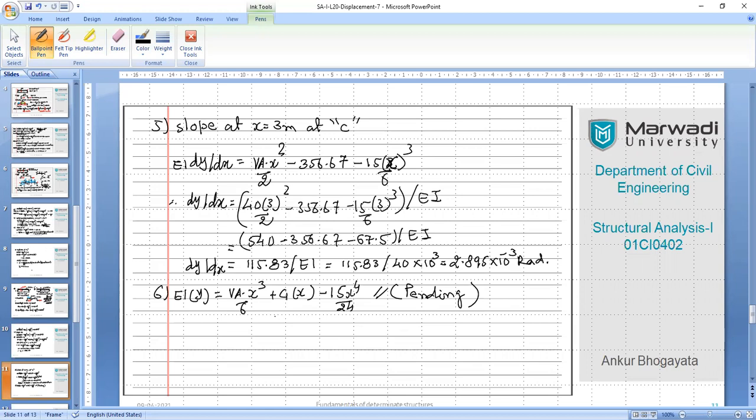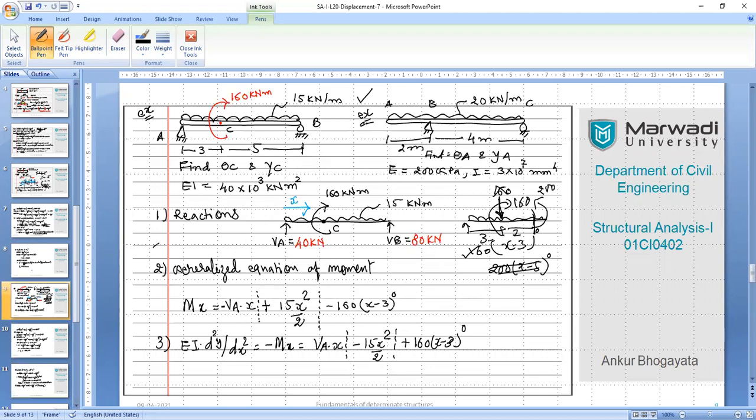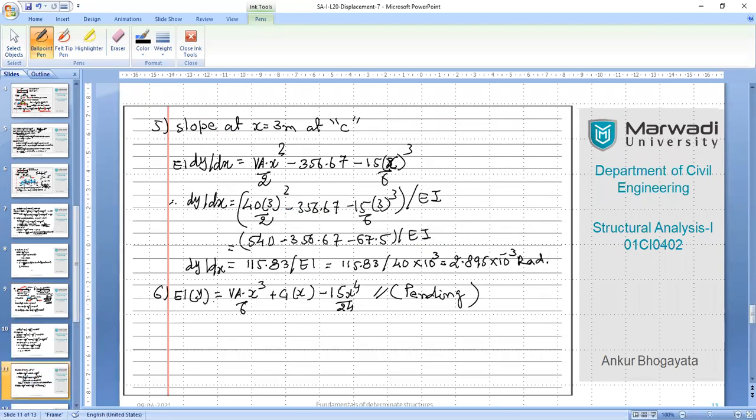So today we did numericals based on the Macaulay's method, and we went through a very important turning point: how to express moment in form of x minus 3 format, right? How to handle it. That was the intention of sharing this numerical with you. However, it's a solved problem, so you can reconfirm it once again, and then you can carry on with the calculations also, right? So please do it, and we'll go ahead with the next session next week.